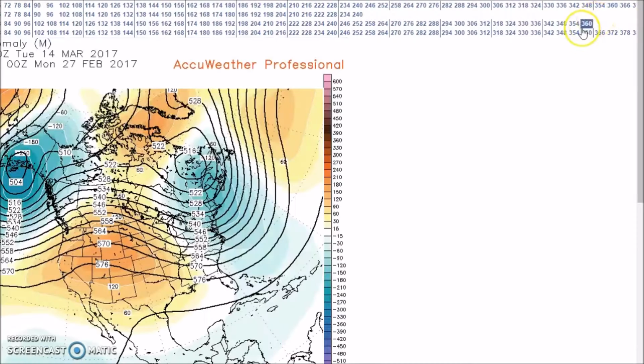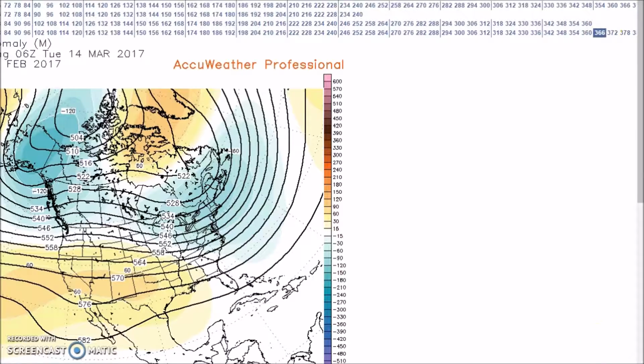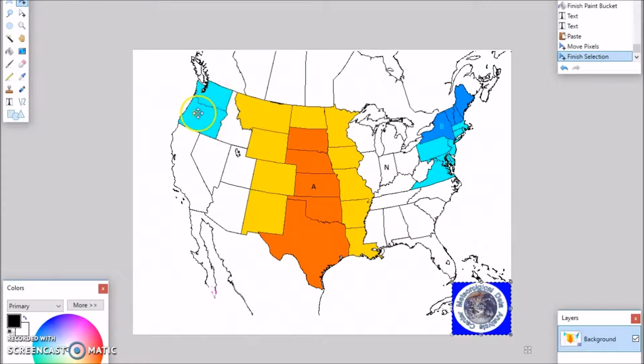And then we look at the rest of the models. They're in good agreement, depicted more, I think this is how the pattern is going to be, depicted more of an amplified pattern with a ridge in the west, trough in the east. And so is Canadian. So during this forecast period, forecasting below normal temperatures for Washington, Oregon, for the Mid-Atlantic and